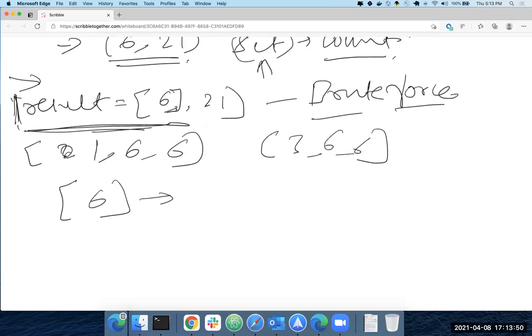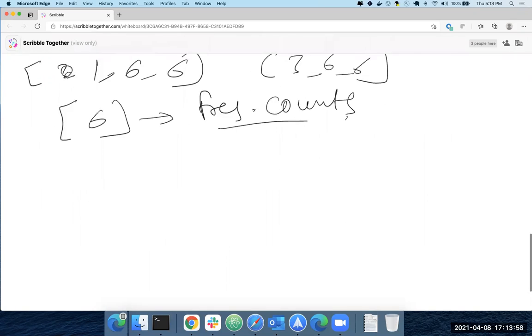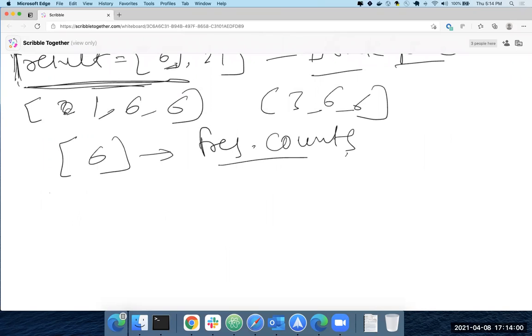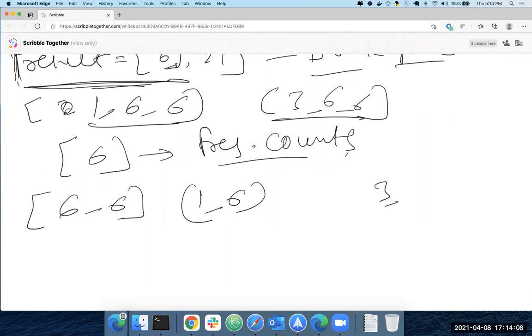But you'll have to use a frequency counter and then use that to add it twice. Let's say you had 1, 6 and this has 3, 6, 6.